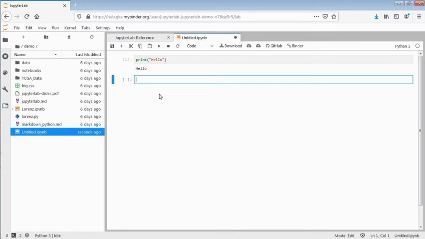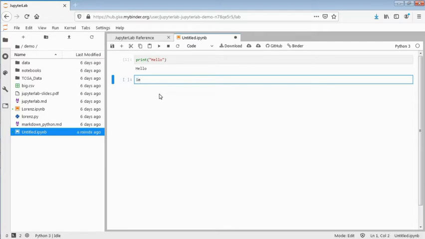So what is a random number? Suppose you are giving a bunch of numbers, say 1 to 20. Using this random method, you can find one random number in that range, and each and every time the output may or may not be the same. Most of the time it is not the same. So let's check how it works.